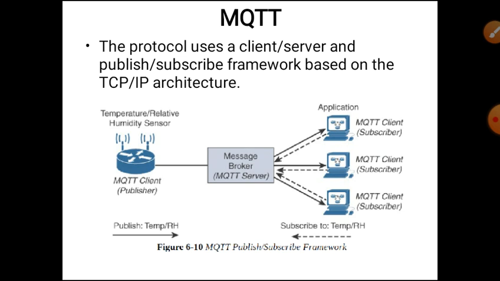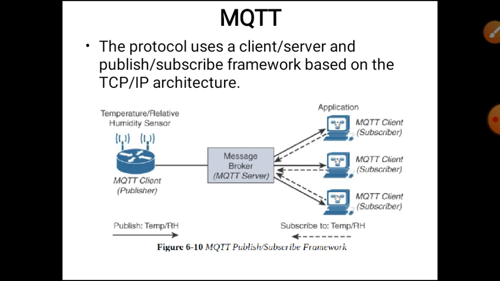Here this protocol defines two entities. The entities are the server and the client. The MQTT server is also called a broker, and the MQTT client can be either a publisher or a subscriber. The entity called a client or publisher sends a message to the broker, and this broker receives the message and routes it to the subscriber, that is, a particular client that has